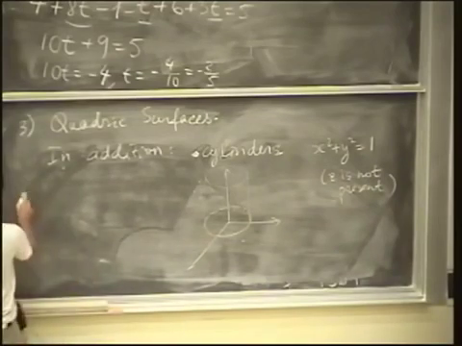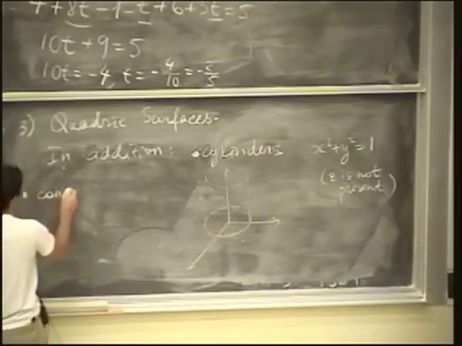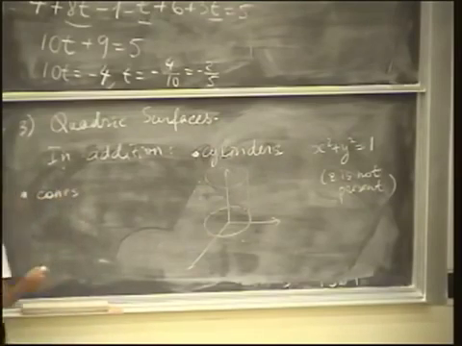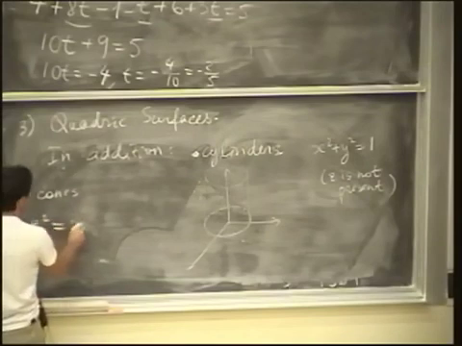And the second class of surfaces, which we didn't talk about in class, but I want to mention because they're also important, are the cones. Okay, so the simplest example of a cone is given by this equation: z squared equals x squared plus y squared,